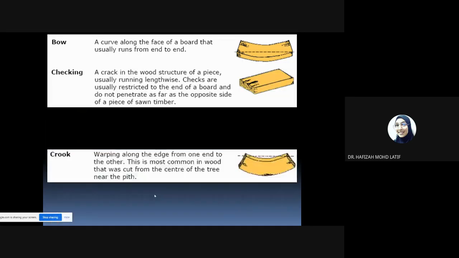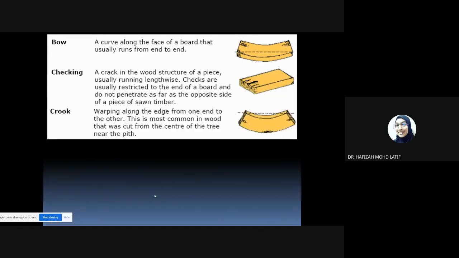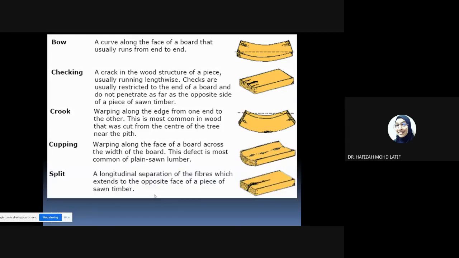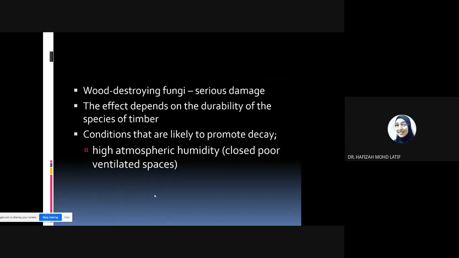So you have different types of defects, and these have been covered in material subjects, I believe. Cupping, split, you can read more if you want to refresh the notes. Wood destroying fungi cause serious damage. The effect depends on the durability of the species of timber, like I've mentioned, hardwood, medium hardwood, or softwood. Conditions that are likely to promote decay include high atmospheric humidity. So when the place is really damp,